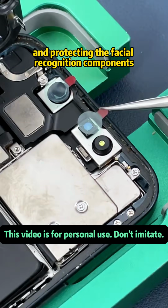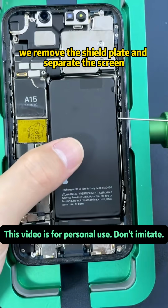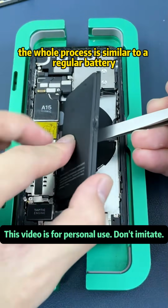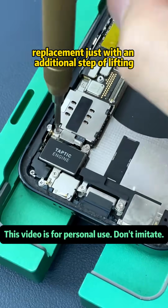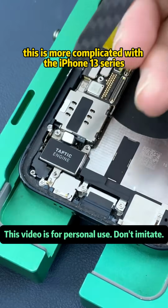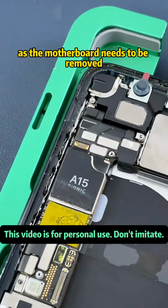After opening the screen and protecting the facial recognition components, we remove the shield plate and separate the screen. We apply alcohol to loosen it. Then remove the battery. The whole process is similar to a regular battery replacement, just with an additional step of lifting the facial recognition components. This is more complicated with the iPhone 13 series, as the motherboard needs to be removed to lift the facial